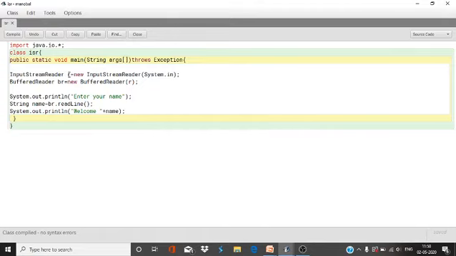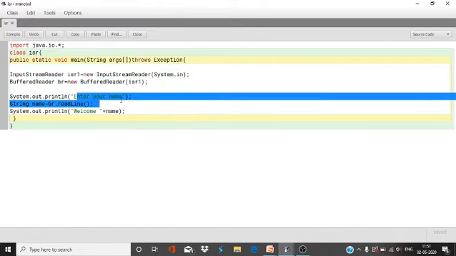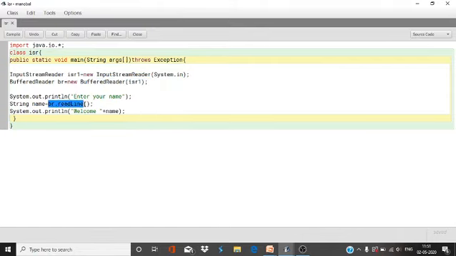Since ISR is a class name, you cannot give this as the object name; ISR1 you can give, and you have to pass the object that you have created here to the BufferedReader. This is used to accept the value from the user, and this reads the value line by line. Now to enter your name, simply name = br.readLine().